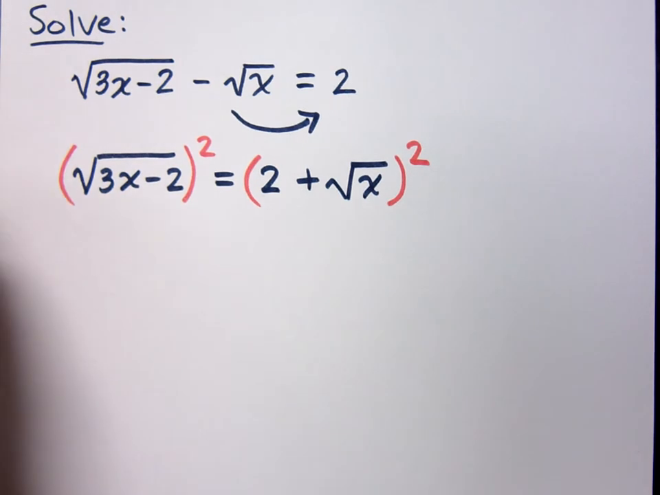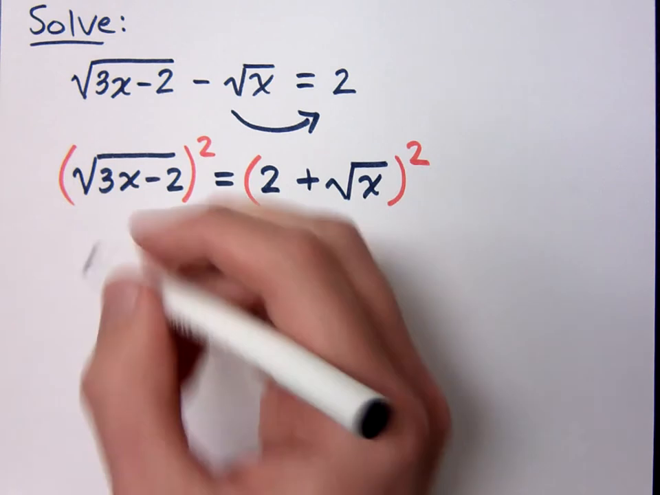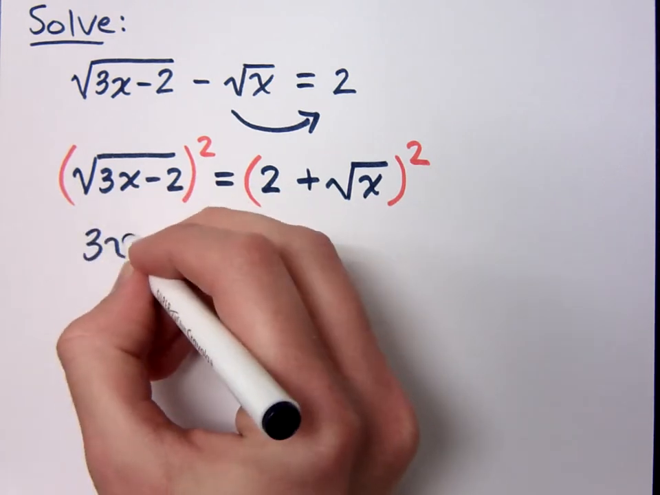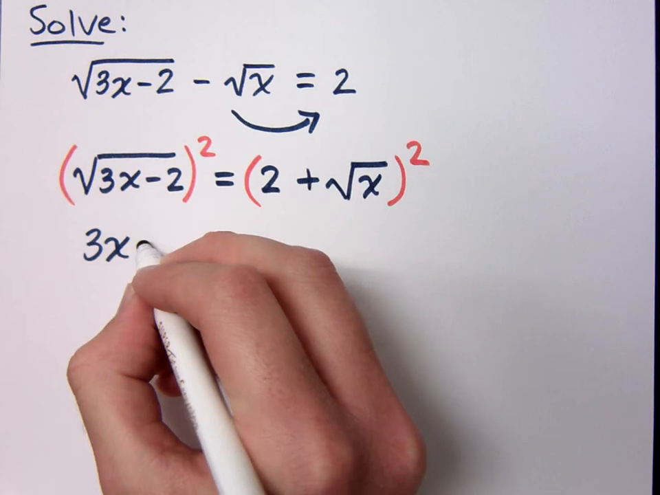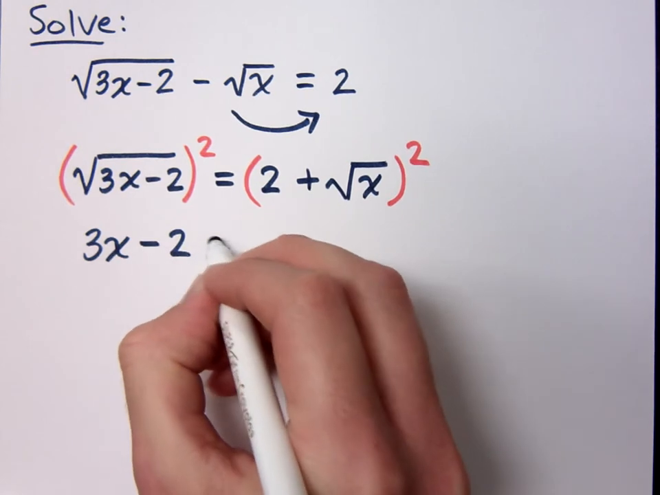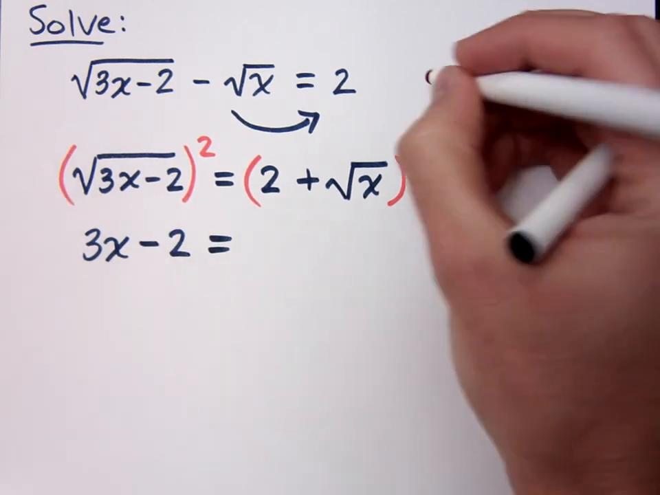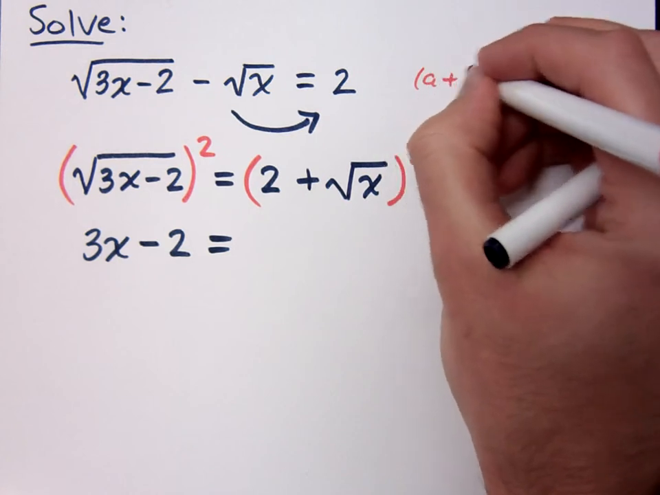So when I square the left side, what do I get? 3x minus 2 is equal to 4 plus 4 square root x plus x. Remember when you're squaring a binomial, I'll make the notes here, especially for those of you who are watching this